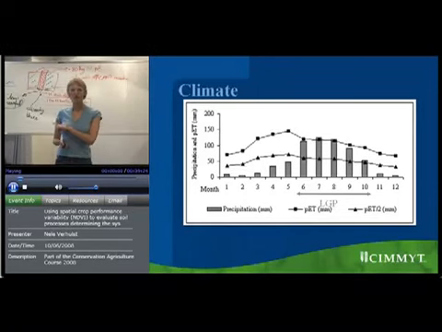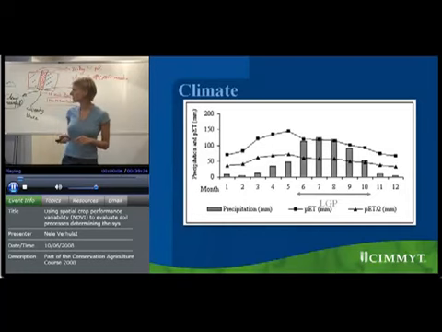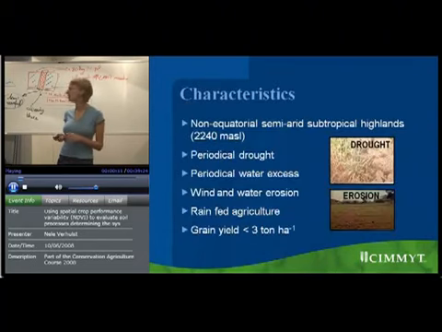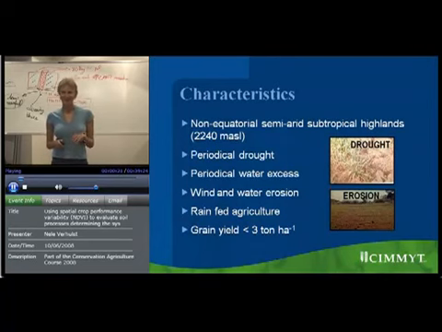I know you've seen this, but I'll just quickly repeat. We've got rainy season from June to October. The main problems we have here, well, we've got a fertile soil, so the main problems are periodical drought, water stress, periodical water excess, because you've seen the rains have not been very typical lately, but normally it